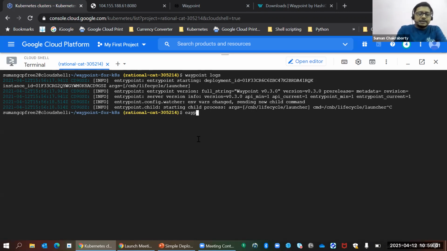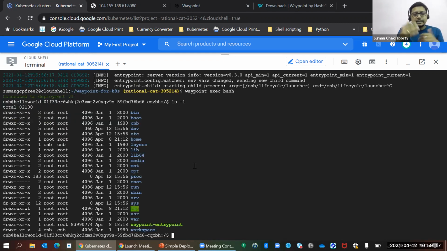And then if needed, we can also simply exec into the particular deployment. So I just have to give bash, and then it would connect me to the deployment v1. And if I look, I am in the particular deployment and I can see all the files and folders corresponding to the deployment. So that is super easy to work with here.